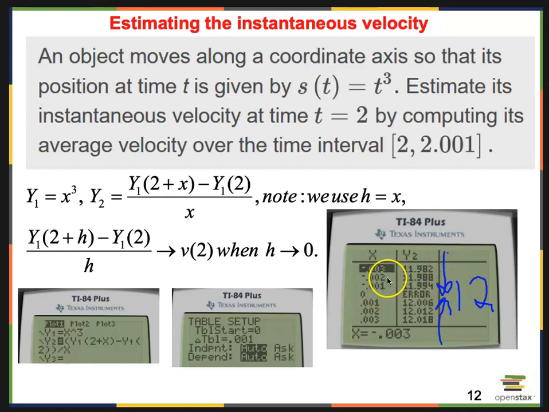We're getting really close to 0, but you can see what our y values are getting close to. And so that's giving us our limit as h approaches 0. As it gets closer and closer to 0 from the left and from the right, we get to 12. And that would be our limit for this particular